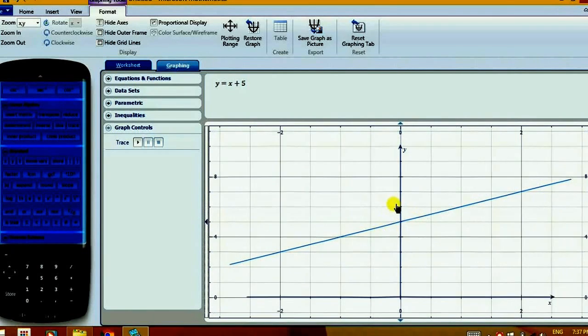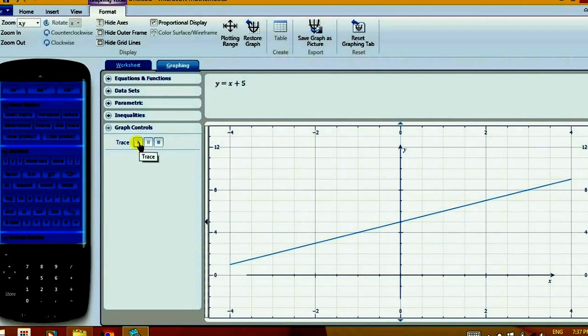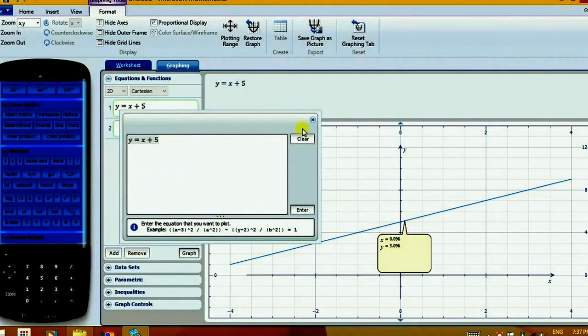Now let's see what happens after we plot the graph. After plotting the graph, we have the graph controls, like trace. You can trace it wherever you want. Like I put it around 0, and we get the values. So whenever we need to solve a limit, I plot the function and clear the screen. If some of our subscribers are in 11th, you may know this equation, x square minus 4 divided by, wait, I'm not very good at typing,